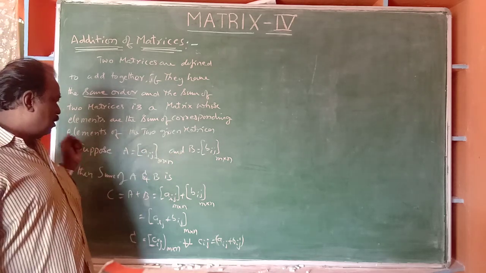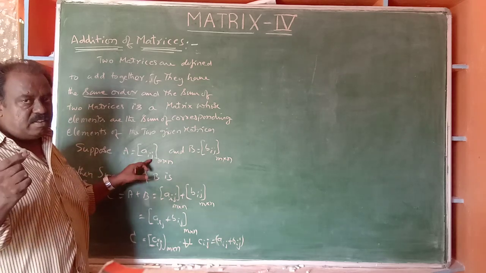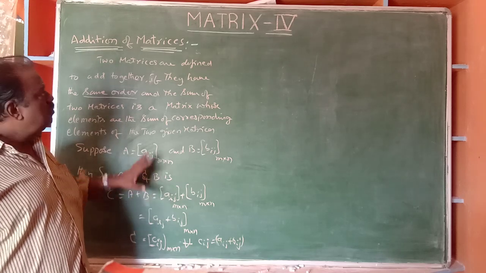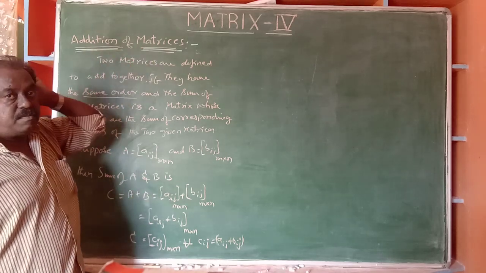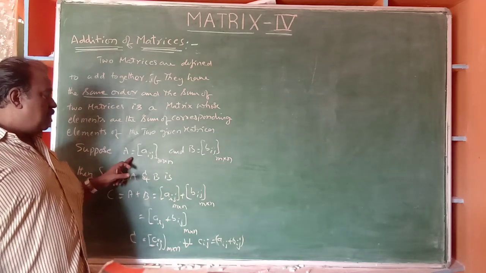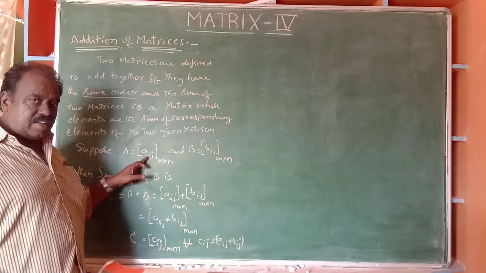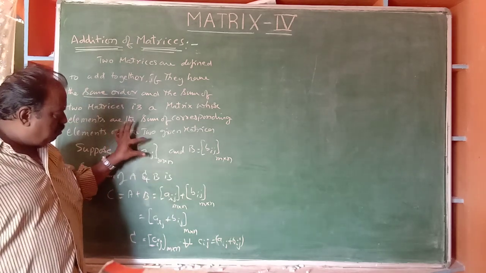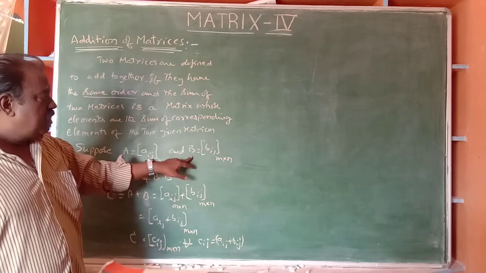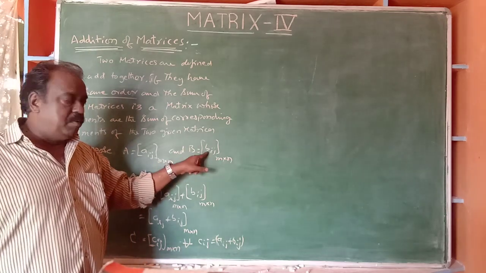Okay, now suppose capital A is equal to Aij. It is a notation. You have to express all these things if you are asked the addition of matrices as a 2 marks or 3 marks question. Capital A is equal to Aij, a notation for a matrix, where Aij is an element put in a box, and M by N is the order. Capital B, Bij, is a different matrix with different elements.